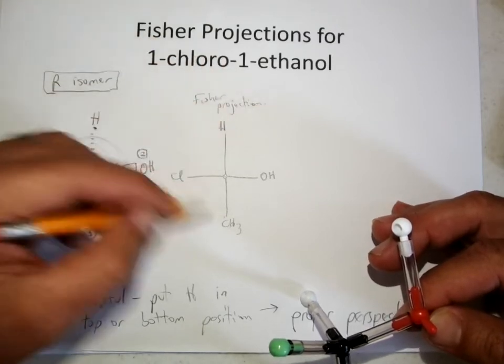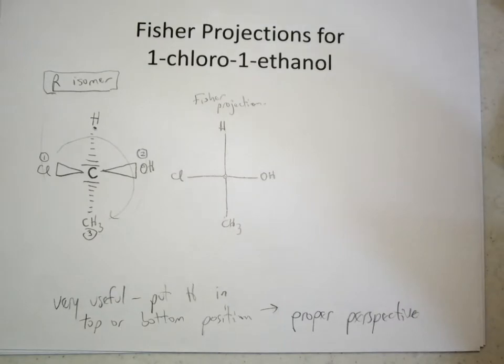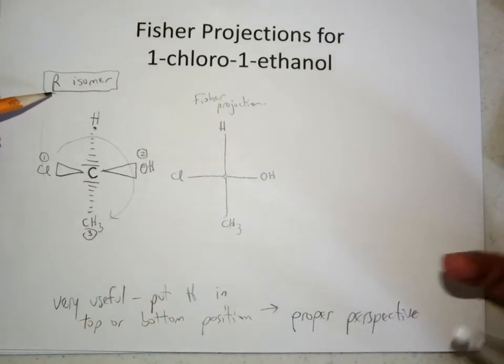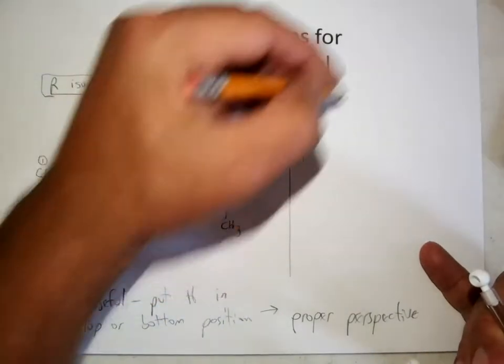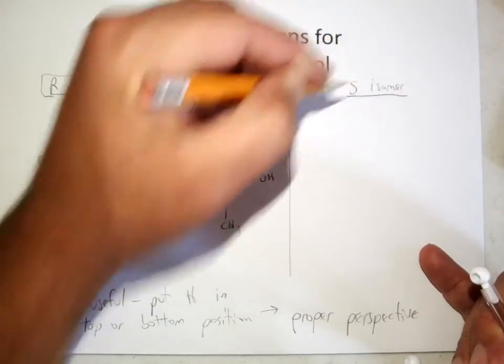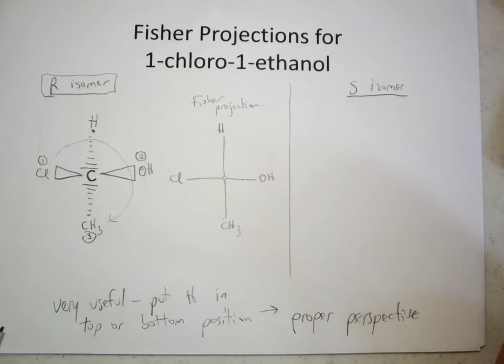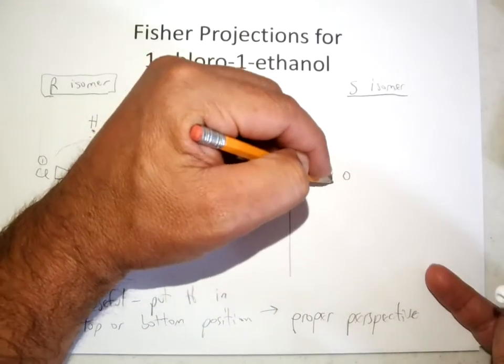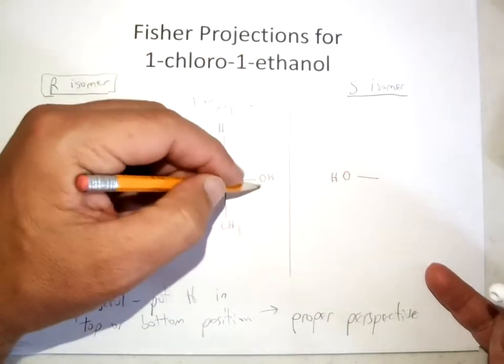What's in front and what's in back is assumed. So there's the R isomer, the Fischer projection. And if you ever need the S isomer, just like in real life, if you draw the mirror image, so I put the OH close to the mirror,